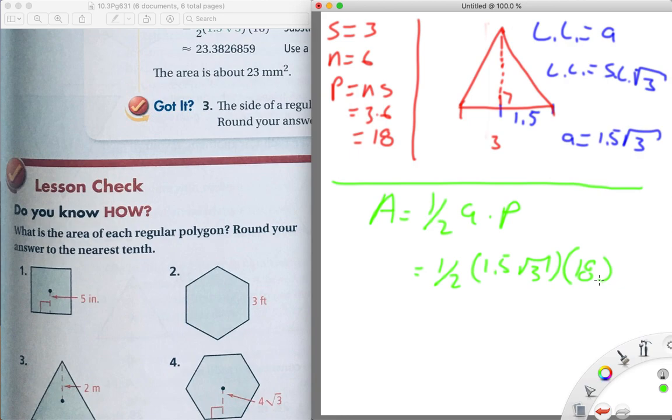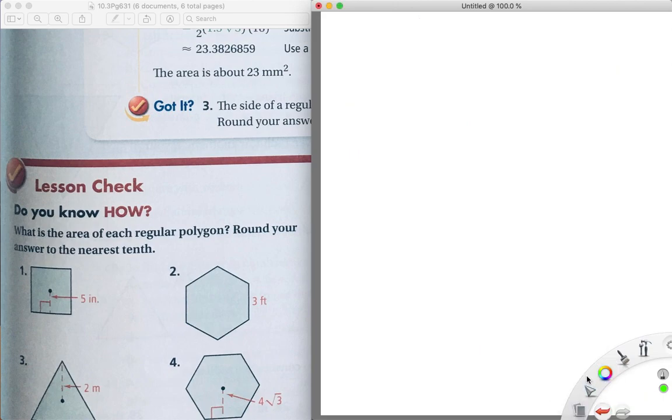And that gives me, and they want it rounded to the nearest tenth, 23.38, which is 23.4 feet squared. This is all because I know I was dealing with a hexagon, which is a 30, 60, 90. Alright, for number 3,